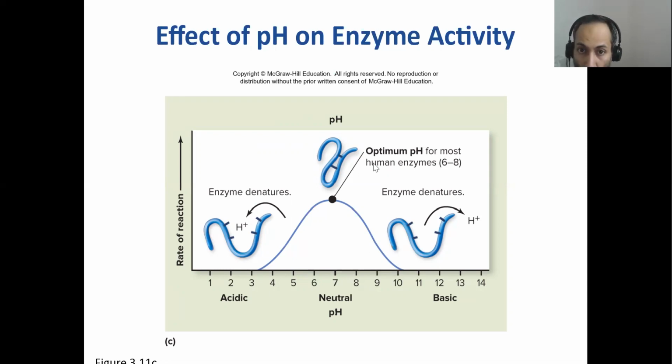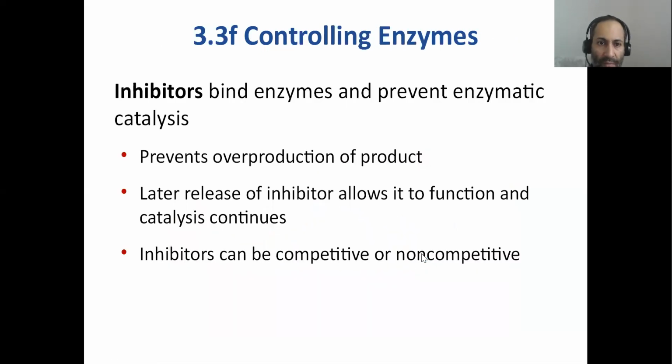However, the optimum pH for most human enzymes is right around the neutral mark, in between 6 and 8. Not surprisingly, that's why your body maintains itself at a somewhat neutral pH, 7.35 to 7.45. All right, this is the optimal pH. So if you get too acidic, such as when you develop diabetic ketoacidosis, DKA, if you're diabetic, not taking your insulin, or if you have severe sleep apnea, then your enzymes get denatured, your metabolism stops, and your health suffers. Or if you become too alkalotic, like if you're throwing up a lot, protracted vomiting, because of cancer or chemotherapy or pregnancy, vomiting or whatever, that can also cause denaturation of the enzymes.